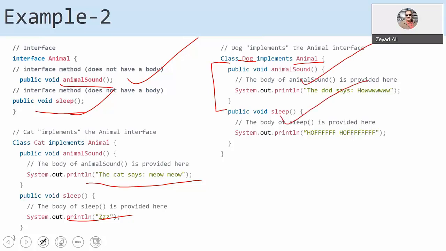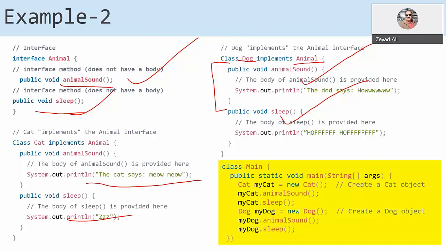So now you can say cat and dog are both animals. Cat and dog both implement the animal interface. What does implements the animal interface mean? That all the methods in the animal interface are implemented in the subclasses.